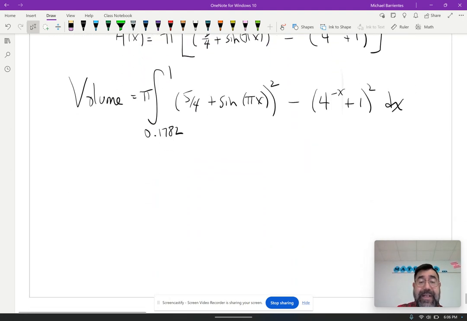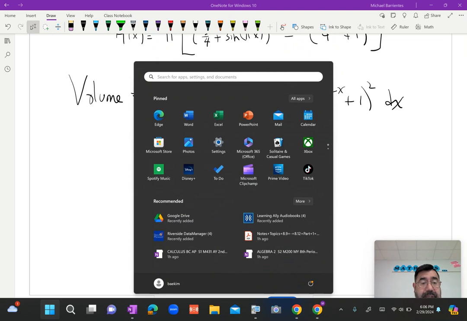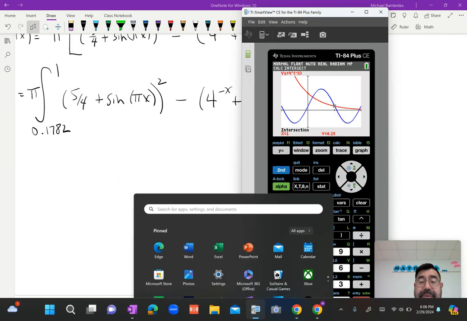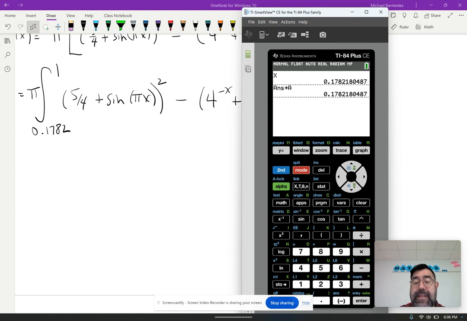And now we get to set it up. Let's set up the calculator here. So I come over here, and I say, all right, here we go. Pi. Pi is right here. And then let's do an integral, math 9, from alpha A to 1 of, now remember we have a bunch of parentheses, so I have to open another parentheses, and then I can do 5/4 plus sine of pi x, close it, and we need to square that,